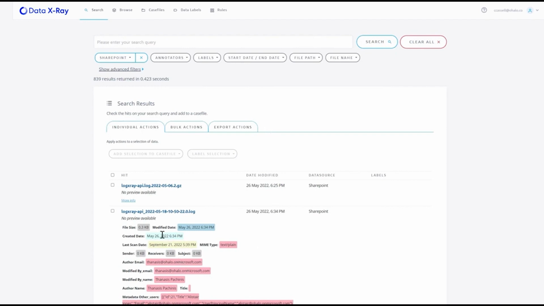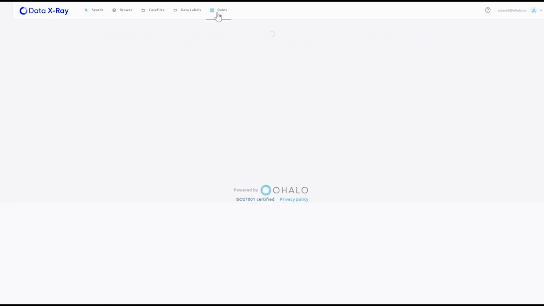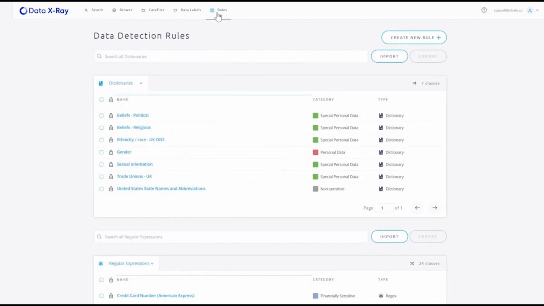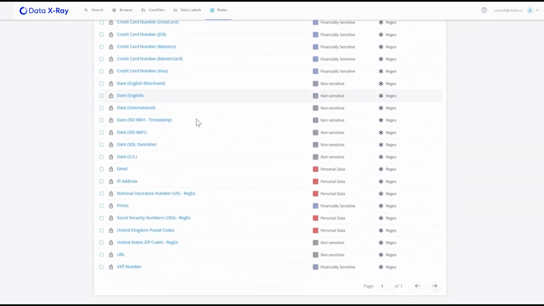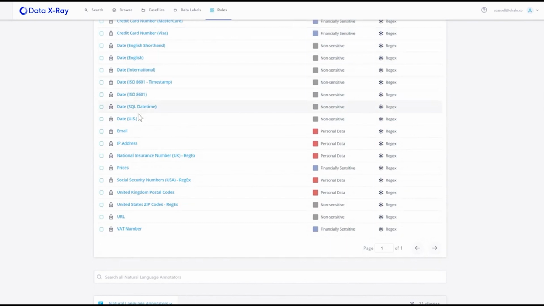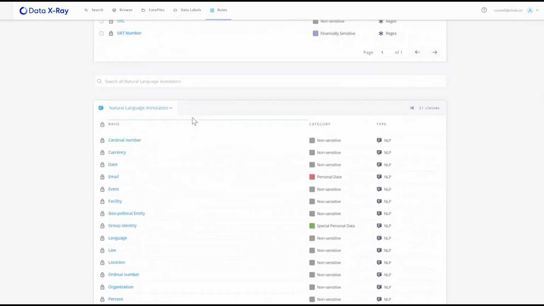But we've looked at the rules that are on there, PII, GDPR, financial data, but what if those rules don't cover everything you need? Well, in our rules section, you can add your own. A number of them come straight out of the box, things like sensitive PII, religious beliefs, political beliefs, gender, standard regular expressions to be able to locate things like credit cards, dates, prices, IP addresses, and our natural language processors,